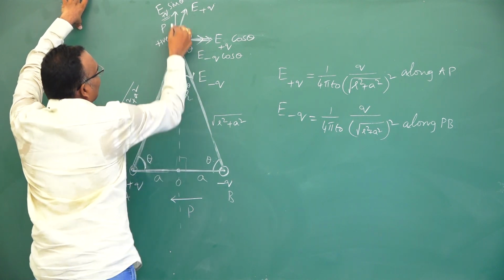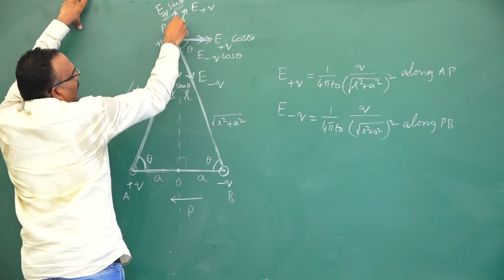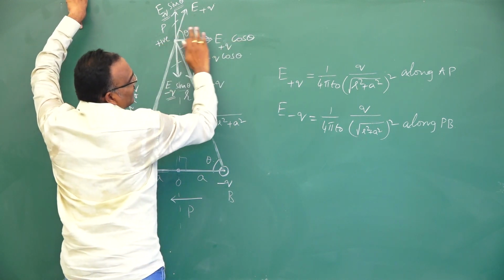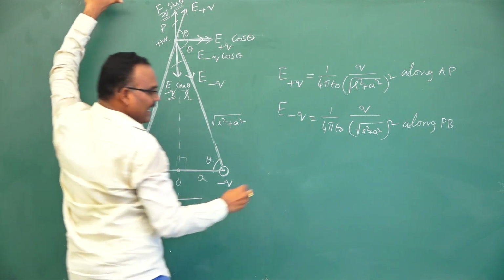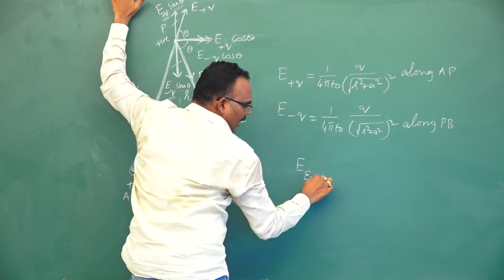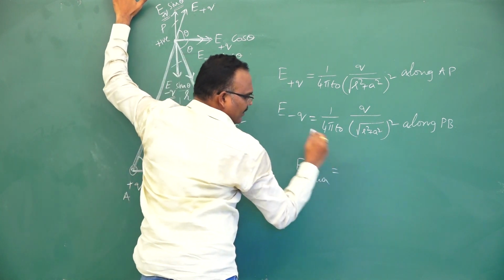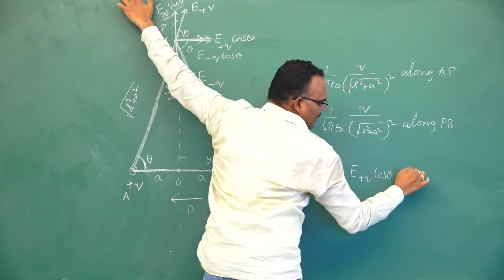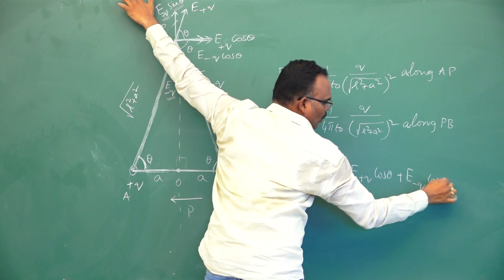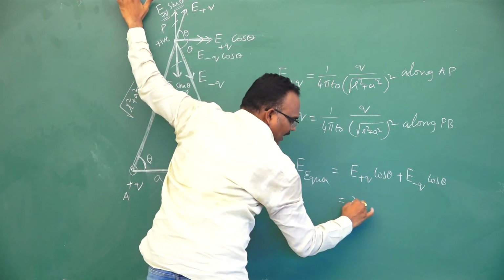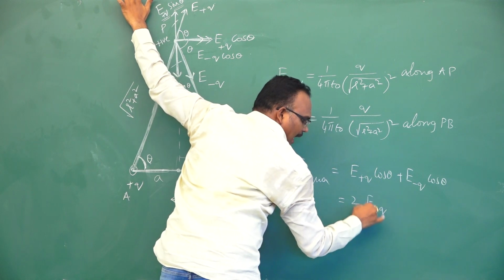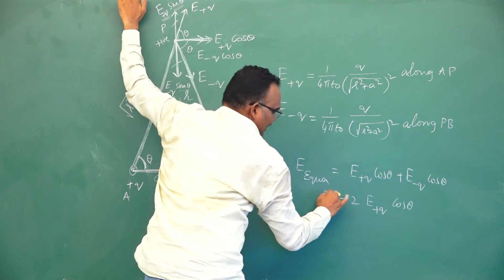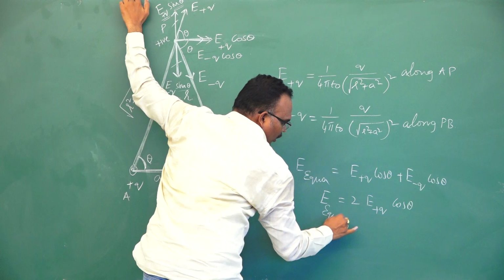That's why, see here carefully, E plus Q and E minus Q are equal. Angle is same, then sin theta also same. That means vertical component of fields gets cancelled out and horizontal components get added. So that's why net electric field along the equatorial line is E plus Q cos theta plus E minus Q cos theta. These two are equal. So I can write 2 times E plus Q or E minus Q, whichever you like, no problem, into cos theta. This is the resultant electric field along the equatorial line.